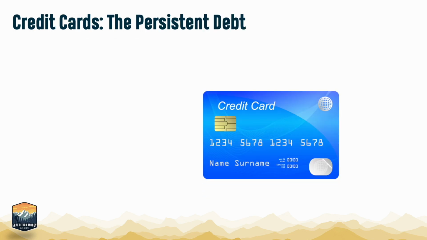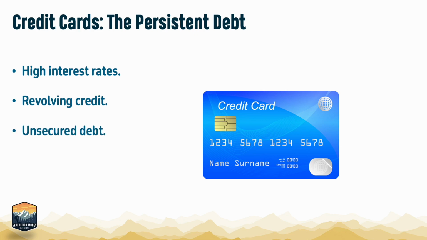First, let's address the elephant in the room, credit cards. Credit cards are everywhere. They make life easy by making things available with a simple swipe. Sellers love them because it makes it easier to sell products. Credit card companies love them because, charging an average rate of 14%, they make them a lot of money. Credit cards are revolving, unsecured debt. Revolving debt means that you can make a purchase or borrow against it.